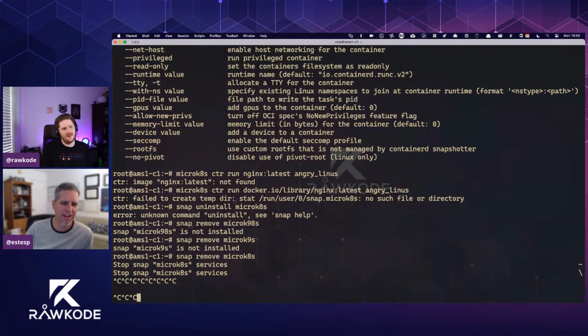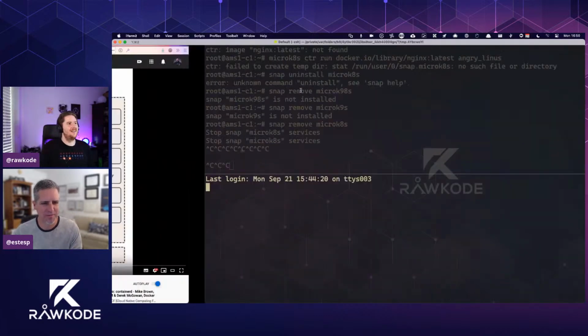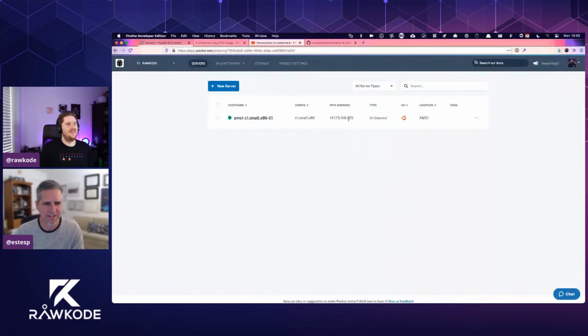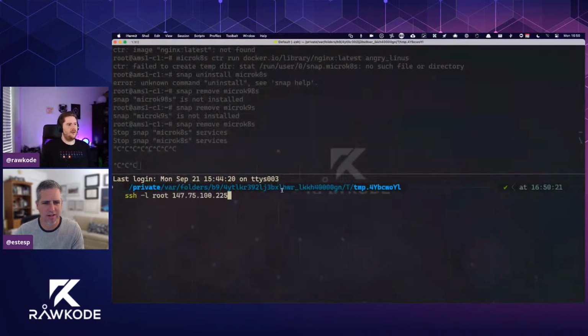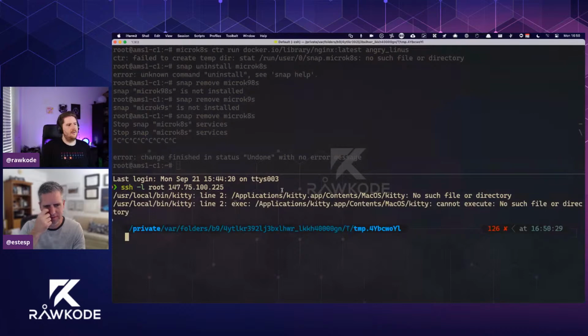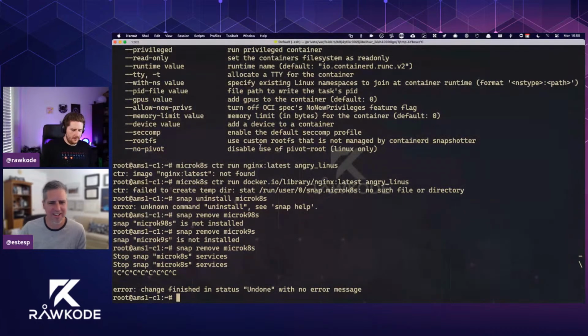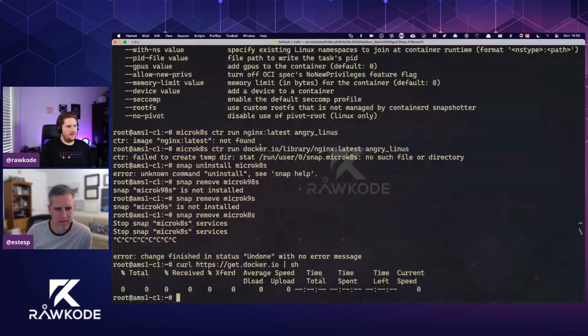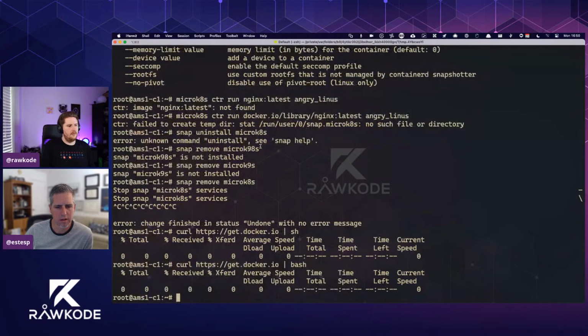Well, it's not listening to my wonderful signal, so I will grab this IP address and I'll just SSH. Was that the same one? Oh, of course it comes back right there. Right. So curl https get.docker.io and we'll just save it.